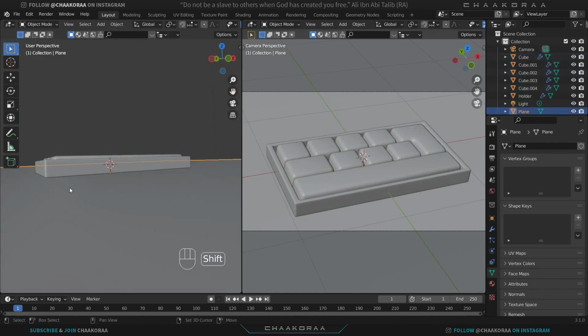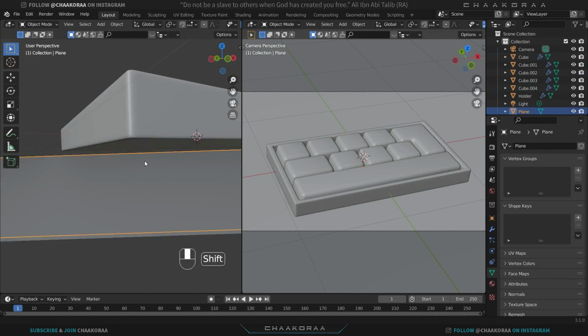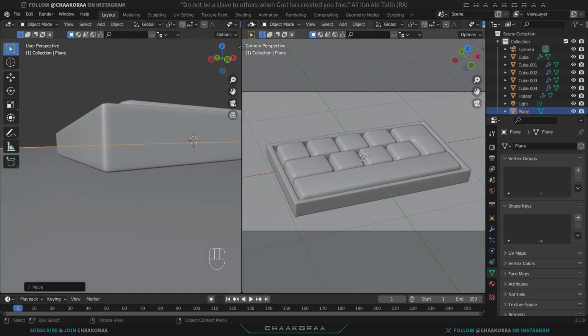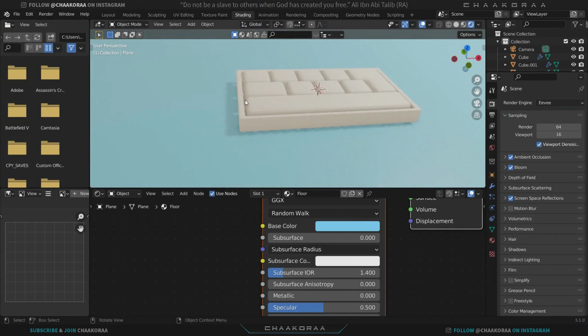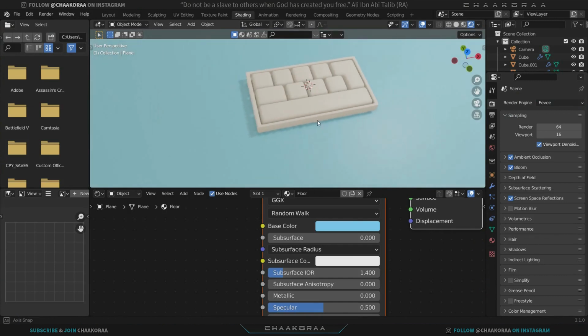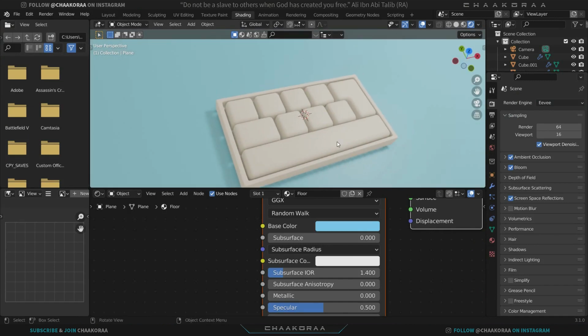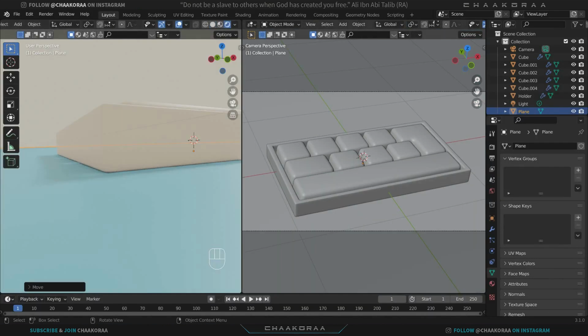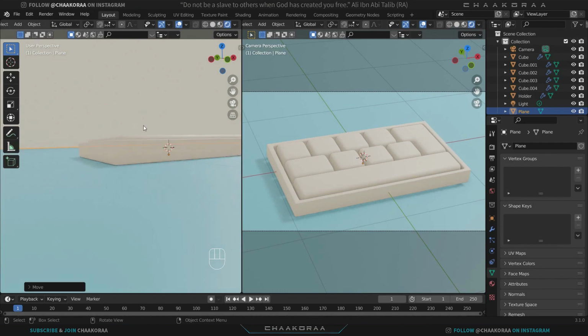And now we can take this floor and bring it higher. Actually, our keyboard was floating in the air. Okay, and now it should be fixed. Yeah, it's much better now. And then we can add some labels to the keyboard. Let's change these ones as well to the render preview, and